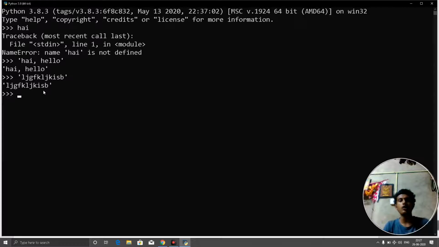This is not the only way to write strings. You can even write strings in double quotes, double quotes or single quotes. I'm writing hi, hello, then I will close this and click enter. You can see the output. If I give this input in double quotes also, at that time also the output will be given inside single quotes.